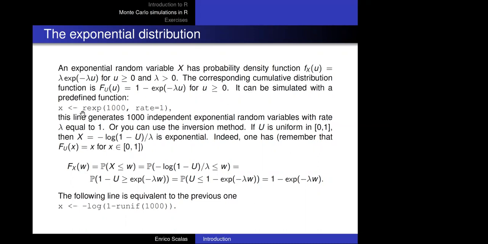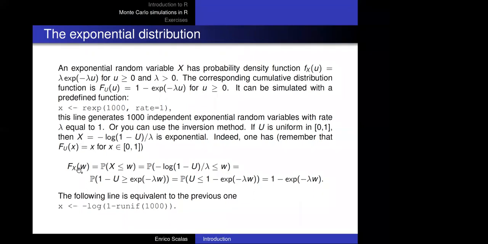This line of code would generate 1,000 independent exponential random variables with rate lambda equal to 1. You can also use the inversion method. If u is uniform in 0, 1, then the minus logarithm of 1 minus u divided by lambda is an exponentially distributed random variable. So you can try to compute the cumulative distribution function of this